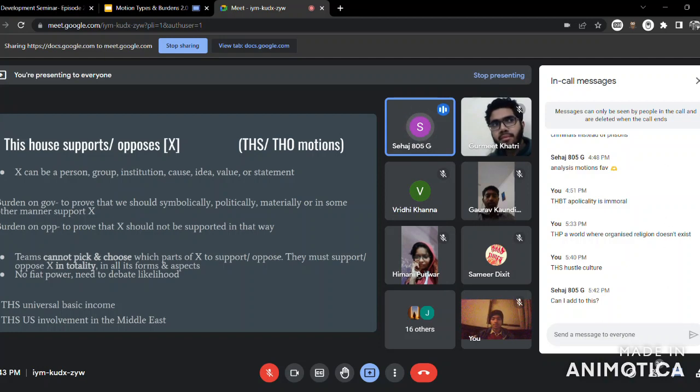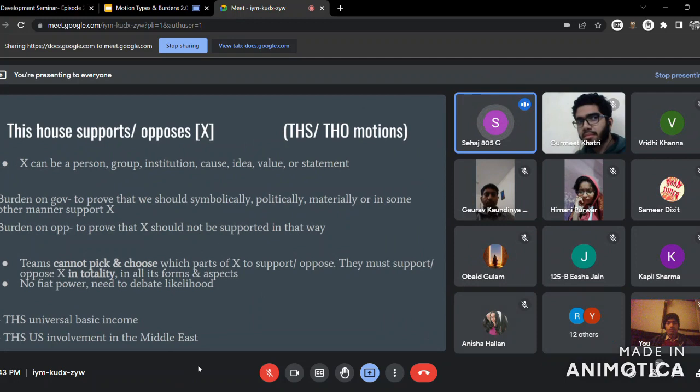Just to add to this, I think Akshat pretty much explained everything, but just to put it in a different way also. Simply put, your aim is ki aapka world, whatever you're defending or opposing, in totality, the outcomes of that world, or that world being accrued and happening, uski values and uske net benefits should outweigh the harms of it. As long as you're able to do that, by possibly picking and choosing, but possibly net totality dikha ke ki aapka outcome is going to be good, that should be your aim.